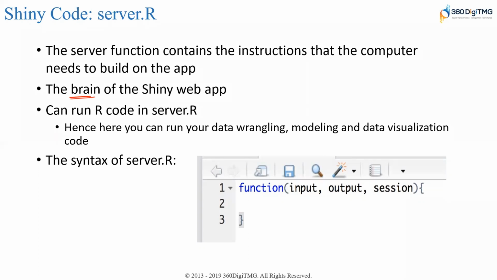The first part is just the look and feel. But server.R contains the input data, the output data, the code, the logic that you are developing, everything would be there in server.R. And we are going to refer to these objects or variables: input, output, and the logic. When I say logic, I'm talking about a function. We will be using these as a reference in the user interface for creating that look and feel.